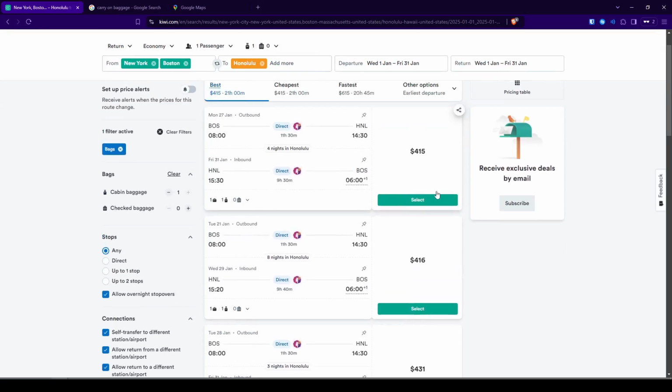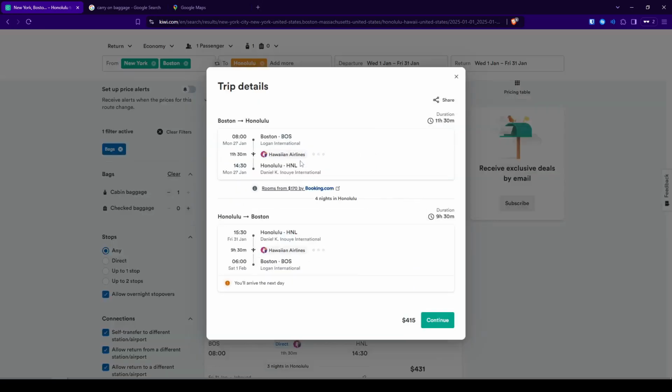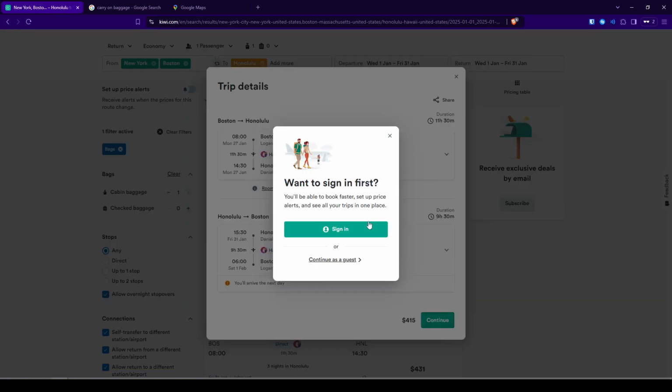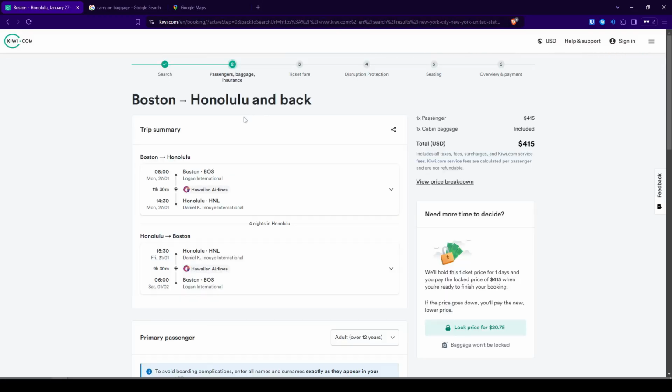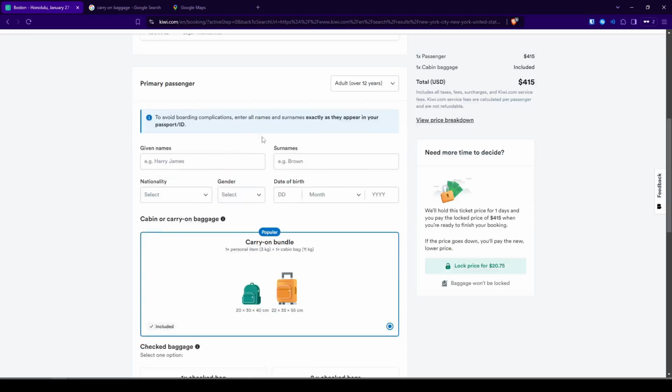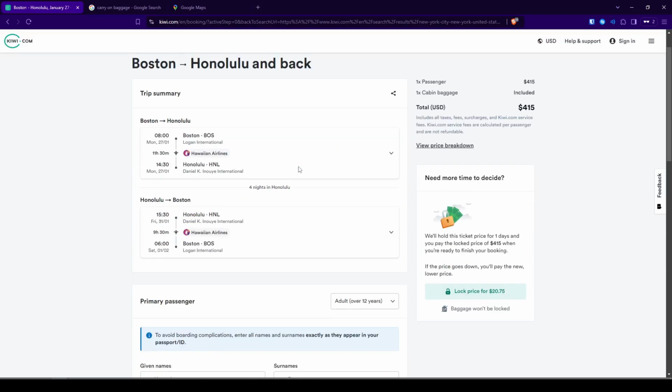So once you select this and then hit continue, you can sign in if you want, or you can continue as guest. You can actually book it through the site itself. So usually how this goes is sometimes it'll have you buy it through the site, and in a sense you are buying it through the site because once you get the confirmation email,